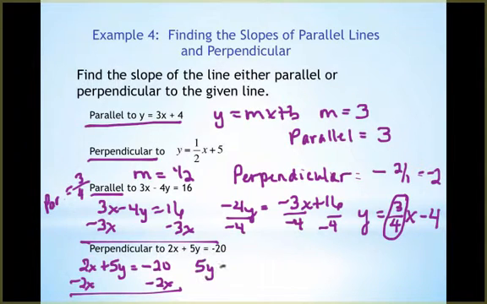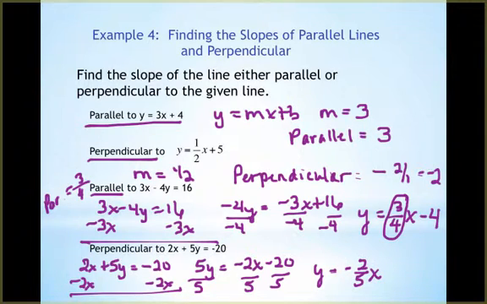So 5y will equal -2x minus 20. We'll divide by 5. So y will equal -2/5 x, and then -20 divided by 5 will be -4. Now the slope of this line is -2/5, so the slope of the line that's perpendicular to that would have to be the opposite reciprocal, so it'd be positive